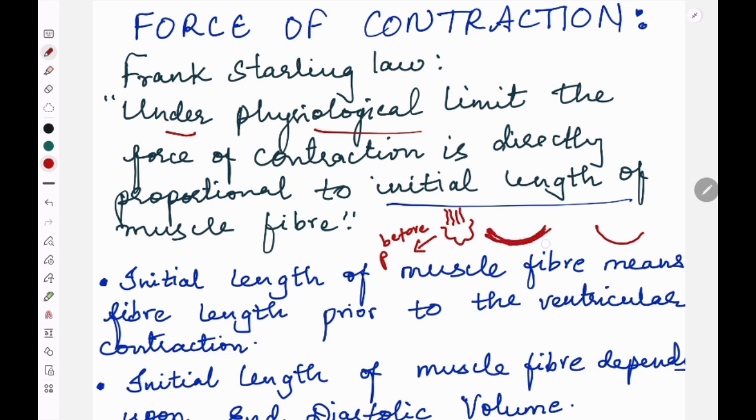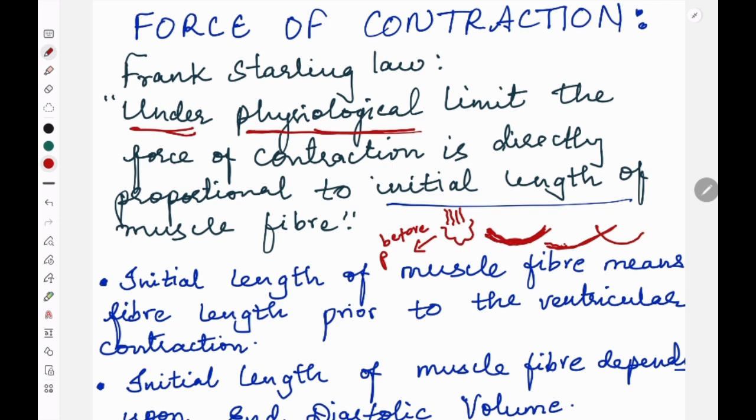So the more the stretching, the more the cardiac output. That is what the law explains. So if the blood is more, there is more stretching. If the stretching is more, then the cardiac output will be more. That is what Frank-Starling's law explains, and what we have to remember is that this is under the physiological limit, under the